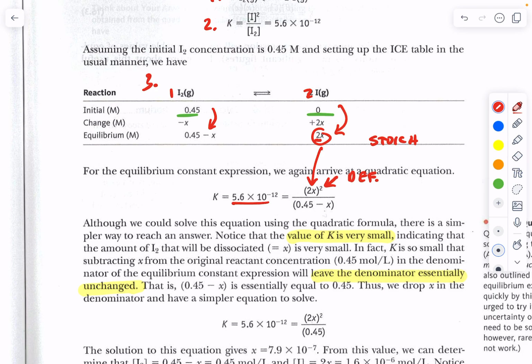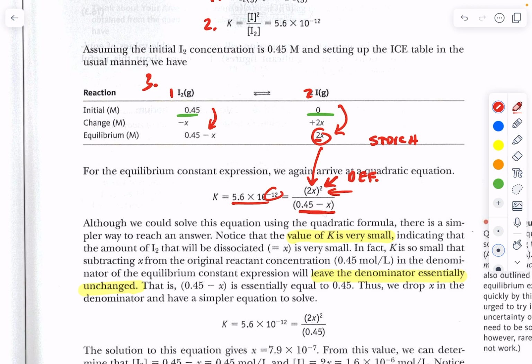Now again, you could get a quadratic equation because you've got this binomial down there. Or you could say, well, look at this value of K. That is very, very small. It's so small that I can expect the numerator, that value right there, to barely increase at all. That numerator is not going to get much